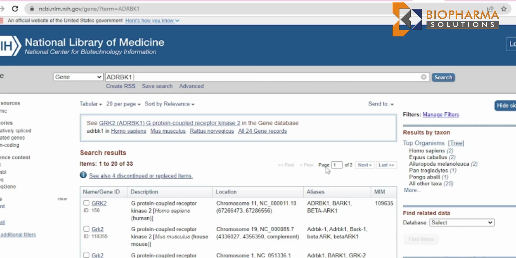Now here also, what we see is ADRBK1. ADRBK1 is at present named GRK2. ID is 156. So you may just make it GRK2, not GDK2, GRK2 instead of